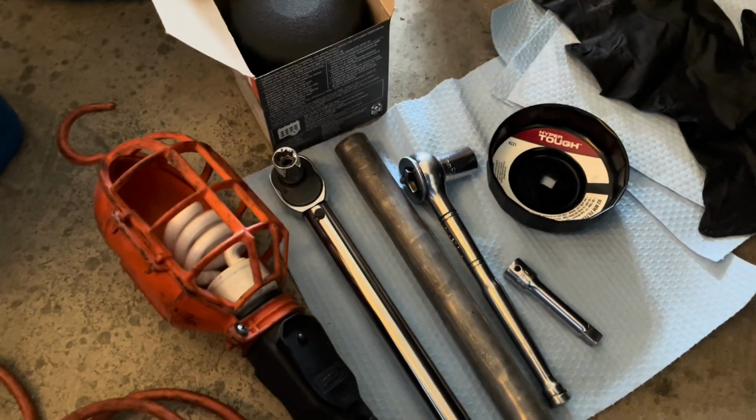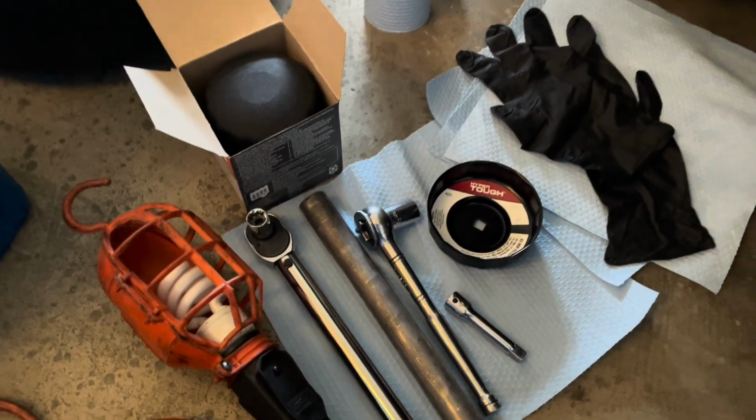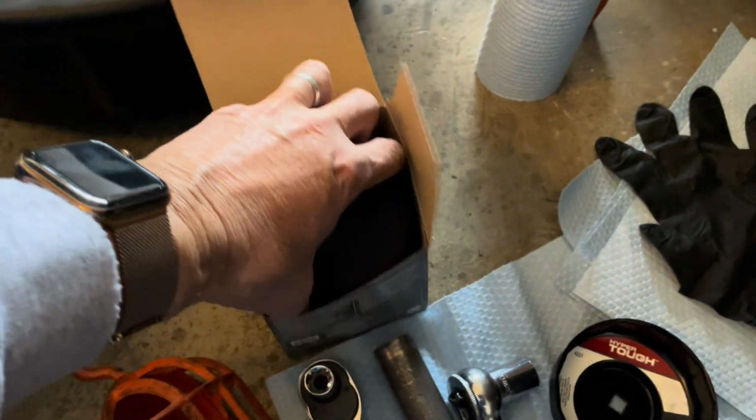I'm not an oil expert, and there are oil studies out there on the web. You can check those out, whatever your oil preference is. Okay, and one thing too about this filter here